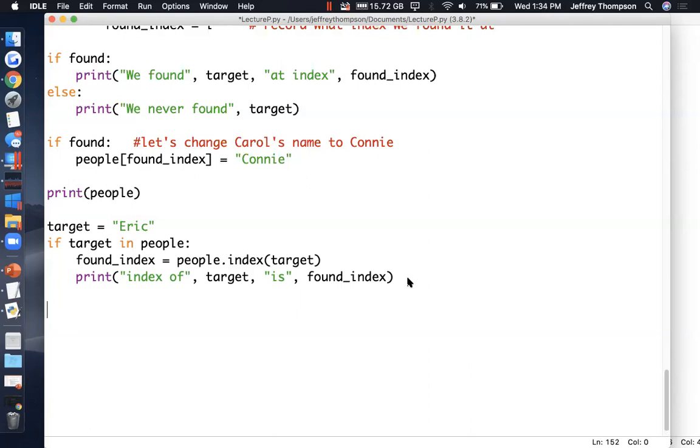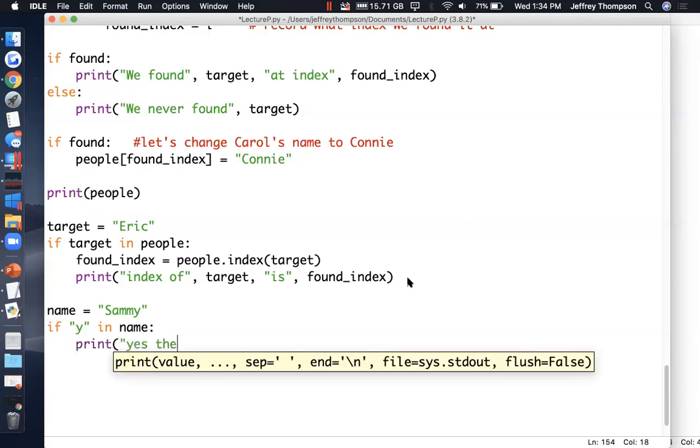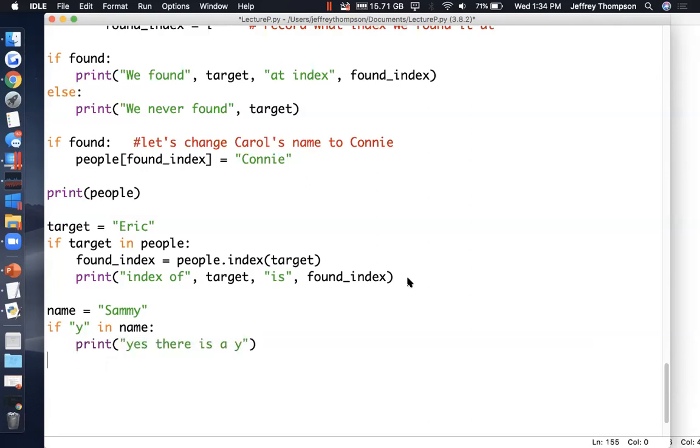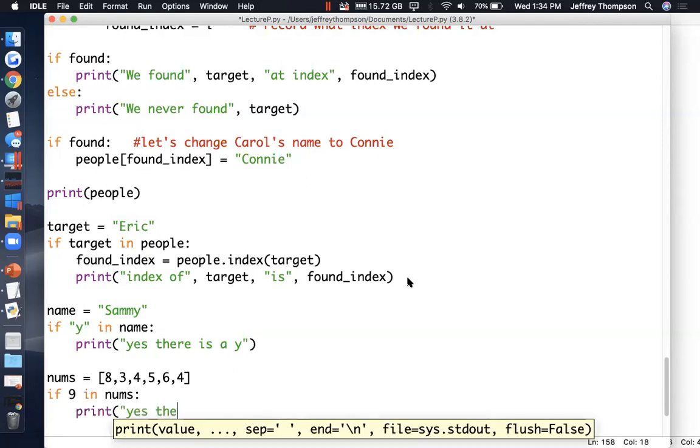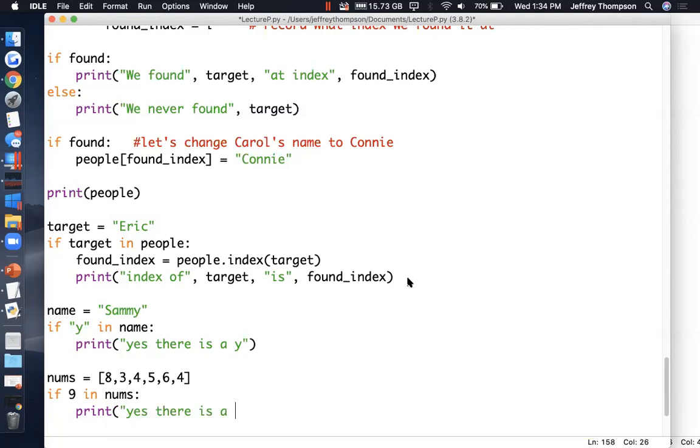Just like you could, if you have name is equal to Sammy, and then you could do if y in name, print, yes, there is a y. Or you could do nums equals, I'm just typing numbers in at random. And then if 9 in nums, print, yes, there is a 9,